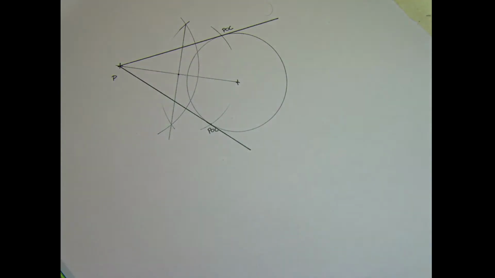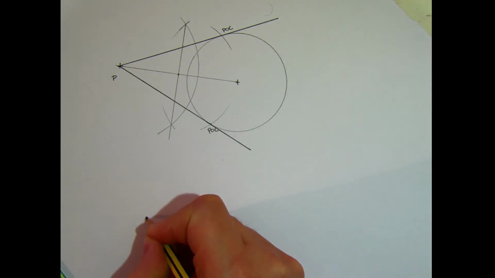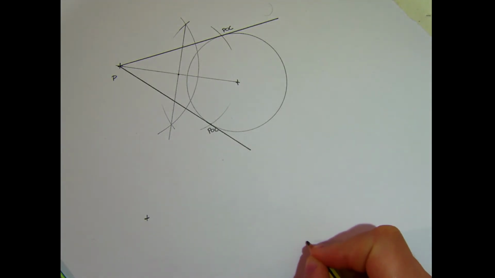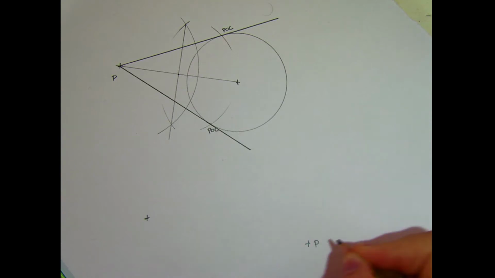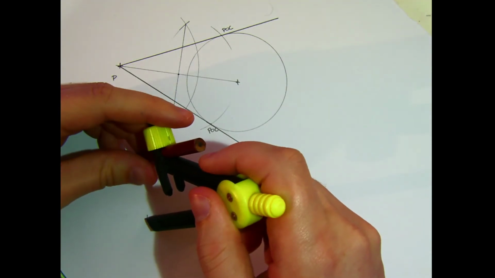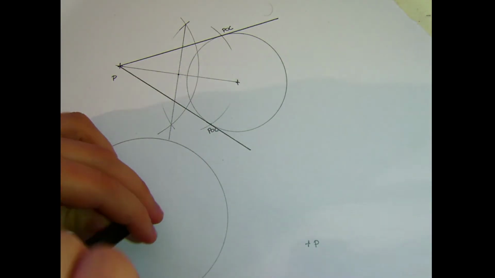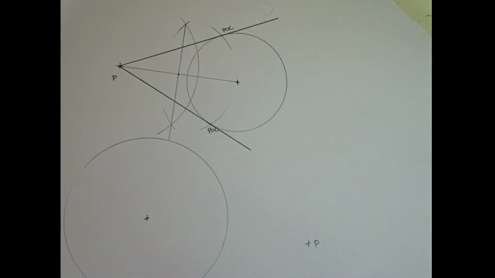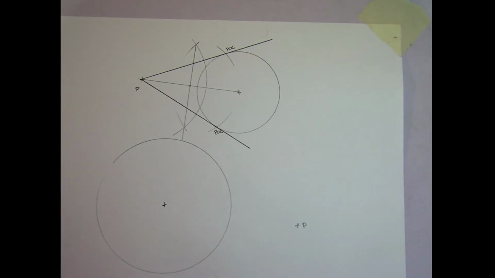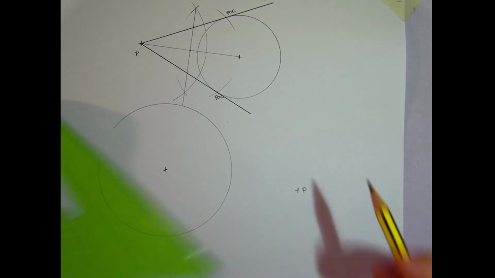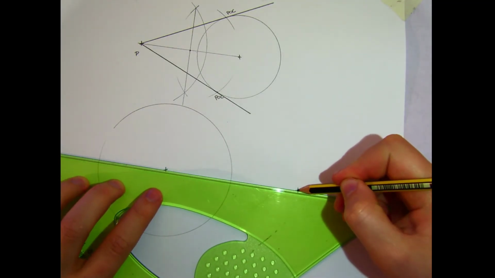So I'll just do that one more time, picking a random point here for the center of my circle, random point out here, point P, drawing any size circle, and I just want to find a tangent touching this side of it down here. Procedure is still the same. Join P to the center,